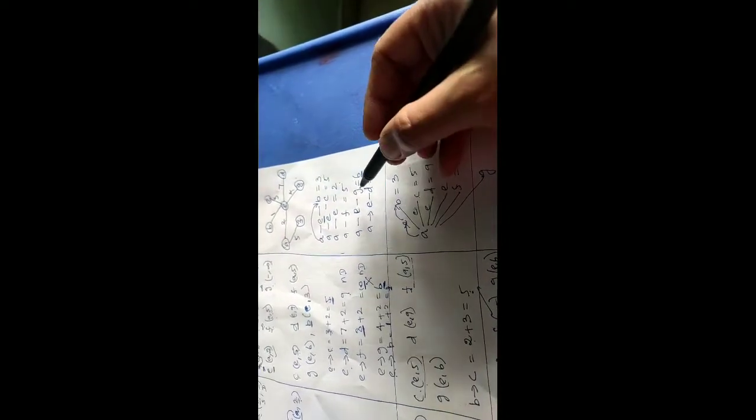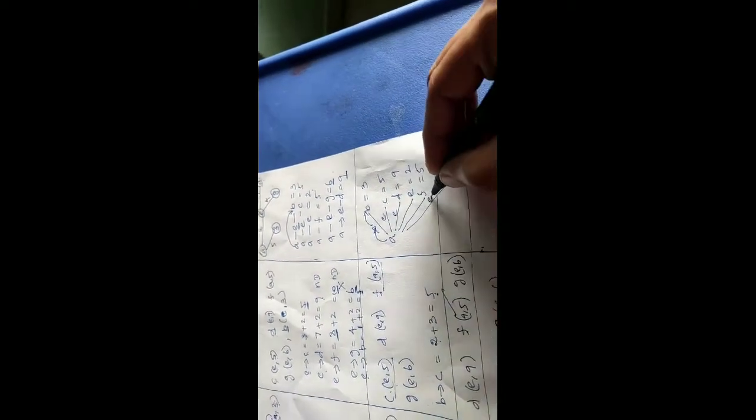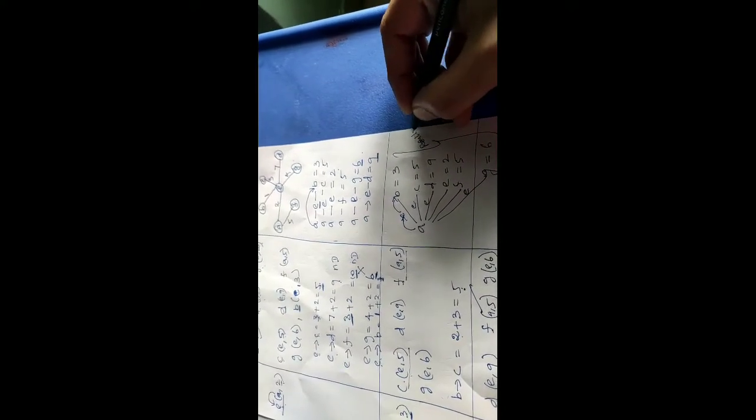A to G has been visited indirectly with the help of E. So what is the distance I have? I have the distance as 6. So this will be the result of your single source shortest path algorithm, that is Dijkstra's algorithm. Thank you.